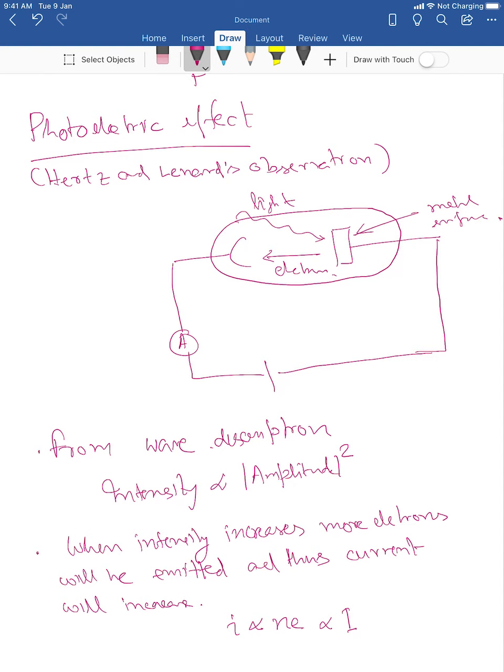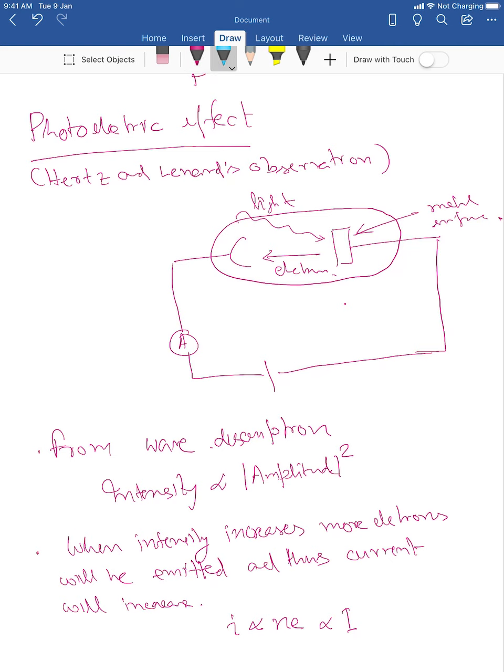As a student, I did this experiment and measured Planck's constant. Maybe it is there in your BTech lab. If not, I'll try to just describe this experiment, but you can read from any book, Beiser or Murugesan or any book. So this is a simple circuit you can see here.